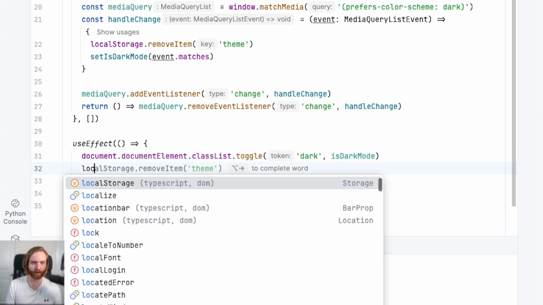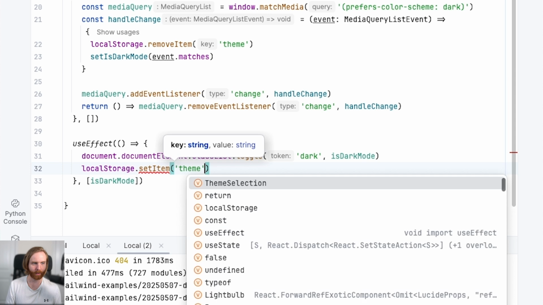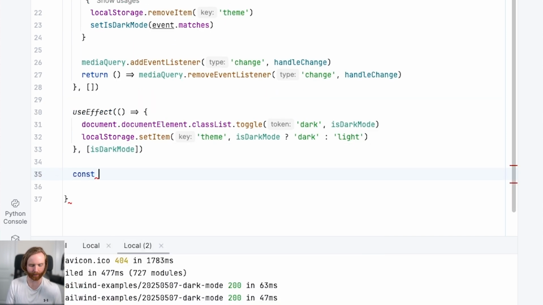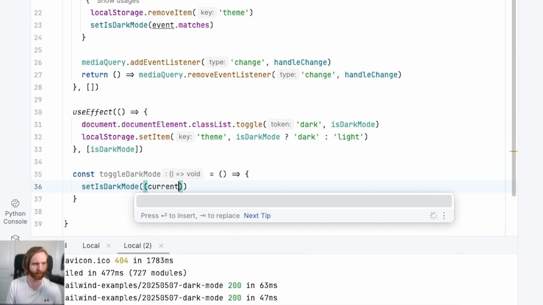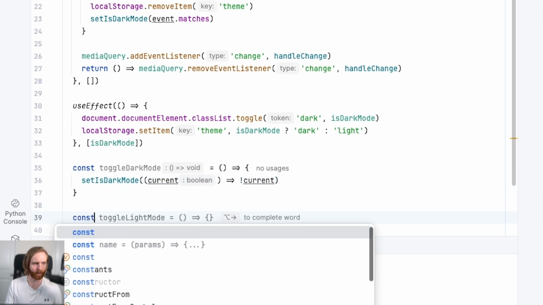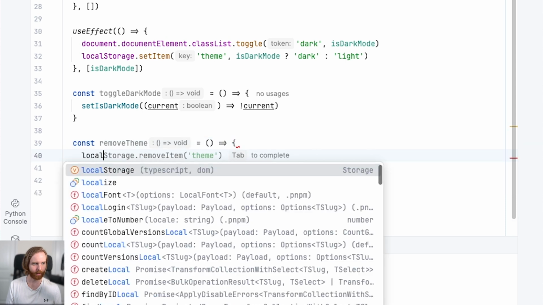We then will want a way to set our theme based on if we are in dark mode. If we are, we'll return dark. If we're not, we'll return light. Now we can create a click handler called toggle dark mode, which will set is dark mode to the opposite of the current value. We'll also want a way to remove dark mode, so we can remove theme by removing